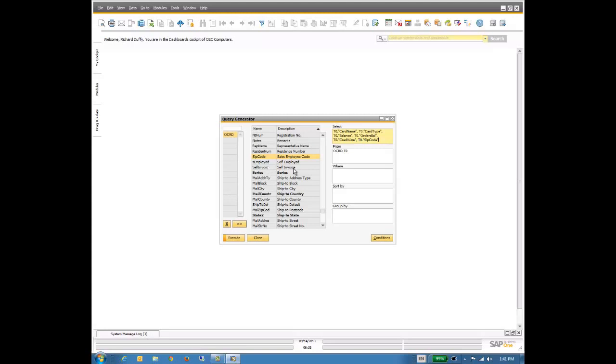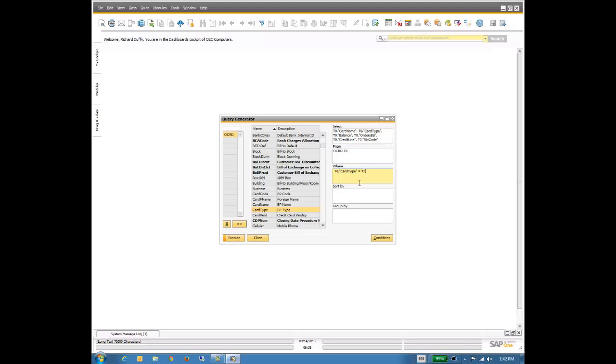And then I can say, all right, I only want to see, so I'm going to apply a filter. I only want to see the data where, we'll go back up, and we'll say where the card type, and it's simply a matter of scrolling through. Here we go, business partner type. So I double click and I say where card type, and I can type in my value where card type is equal to, and it's a string, so I put a single quote, C for customer,